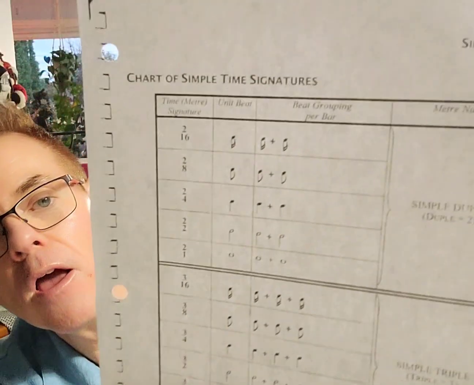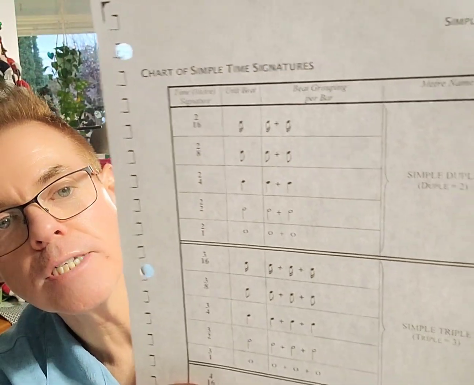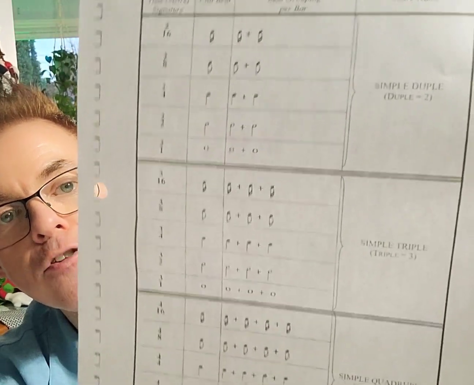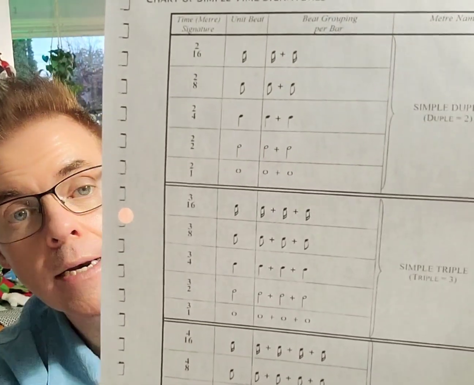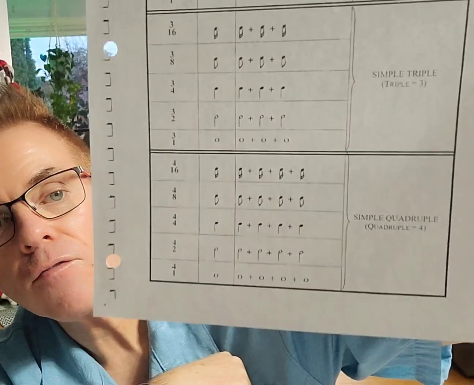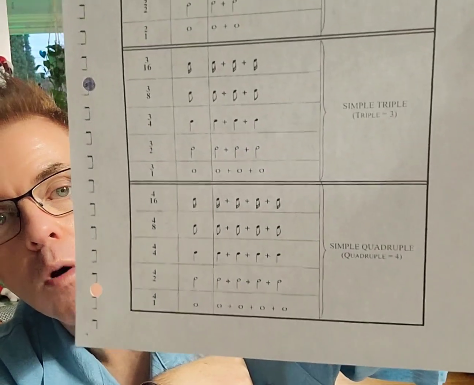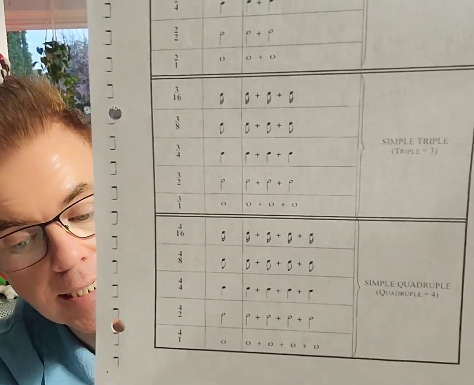Page 45 has an excellent page of all the time signatures you need to know for Theory 1. And they are all columned into our duple, triple, and quadruple. So we have our duple from 2 whole notes all the way to 2 sixteenth notes, triple from 3 whole notes, 3-1 to 3-16, and our quadruple time from 4 whole notes per bar all the way to 4-16. So we can have any one of those groupings. This page will be a handy one to refer back to many, many times.